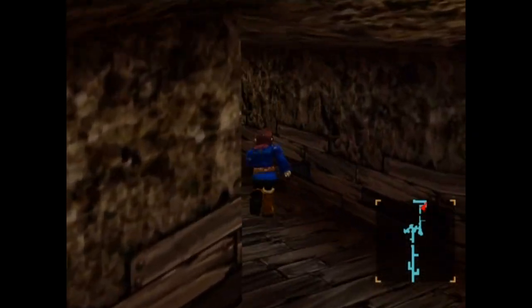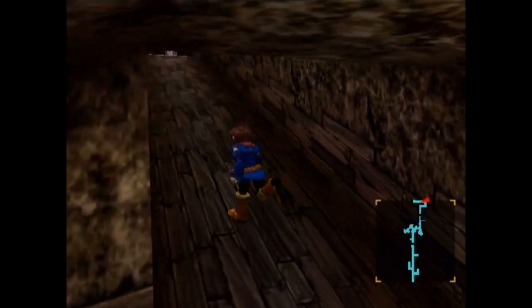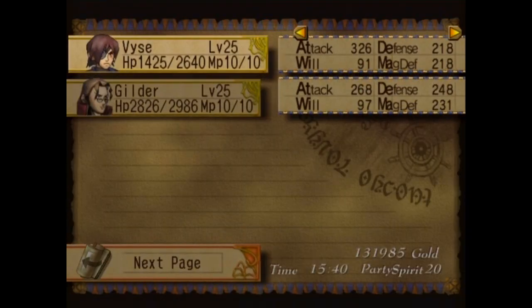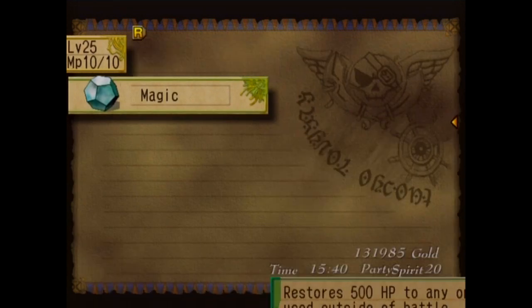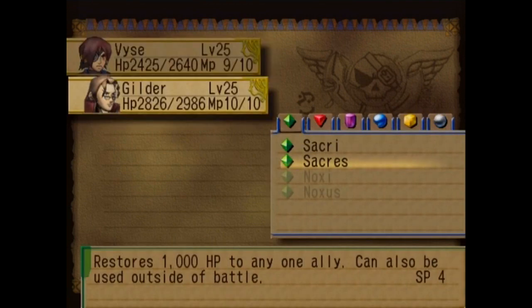Now this time we head up the ramp. Another save point, in case you just wanted to save twice, I guess. And now, before we step on the plate, again, we're going to make sure we heal up. Vice is in a little bit of trouble. Gilder's alright. But either way, I guess we can just use... okay, he doesn't have... Alright, well, Sac Race will have to work. It's not like we ever use Vice's magic anyway, so...